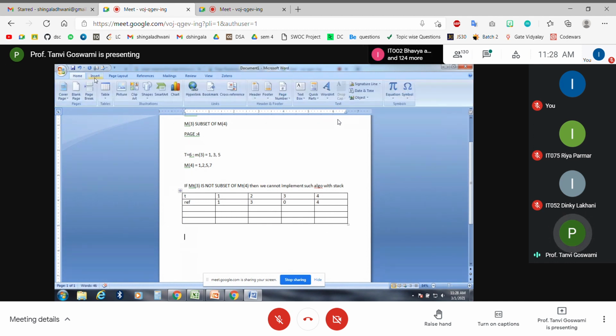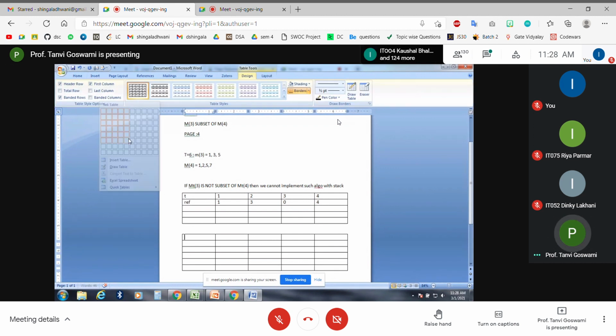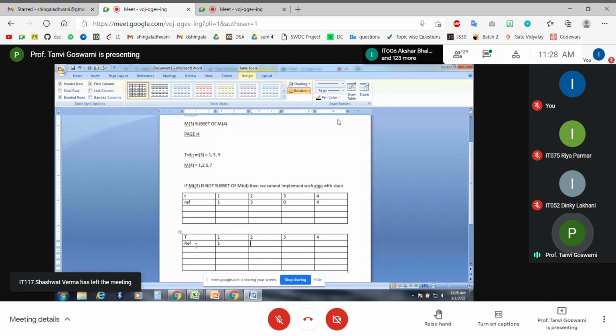Next thing we need to check with respect to the memory which is having capacity to hold 4 page frames, right? So here the same time t is equal to 1, 2, 3 and 4, and your reference will be the same, that is 1, 3, 0 and 4. Consider that we are having page number 1, 2 and 4 in the memory, and page number 1, 2, 3 and 4 in the memory, right?